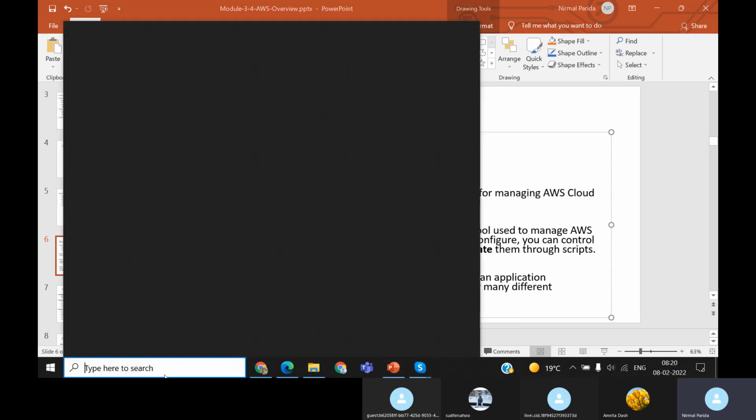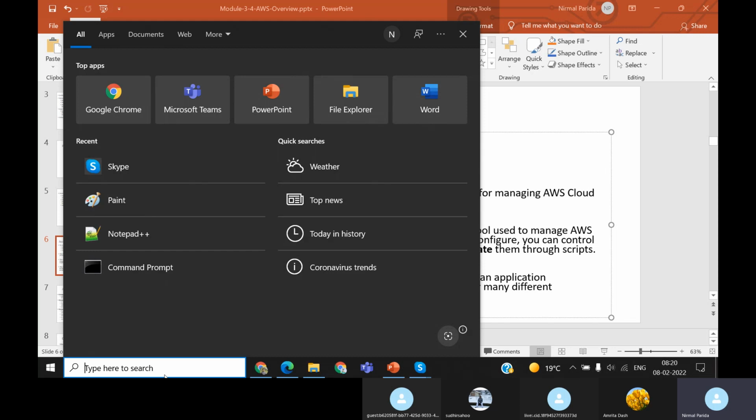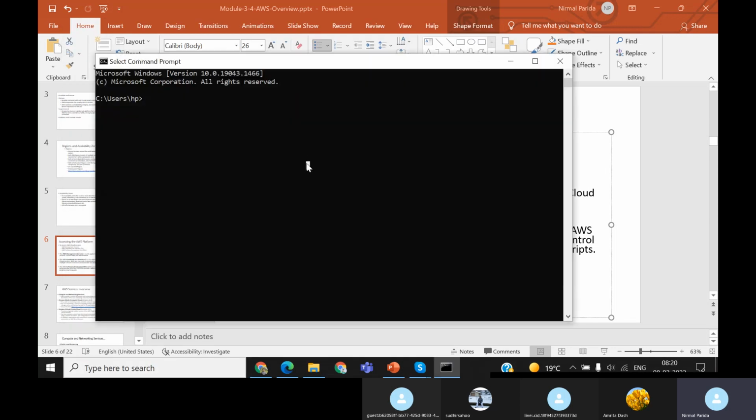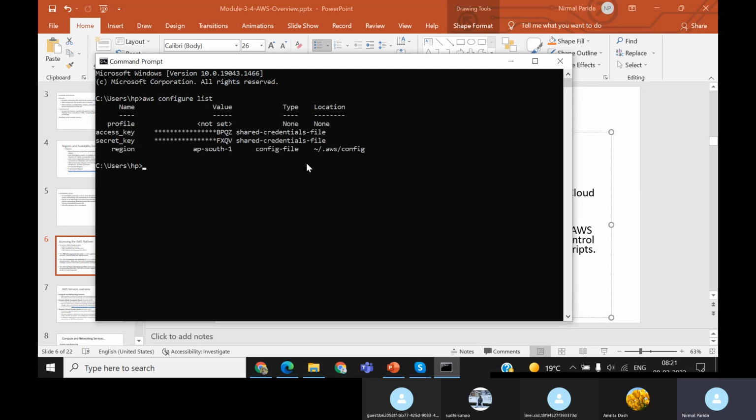For example, I can use the command prompt, and using my command prompt, I can access the AWS platform. I have already configured it, so using this, I can access my AWS platform.